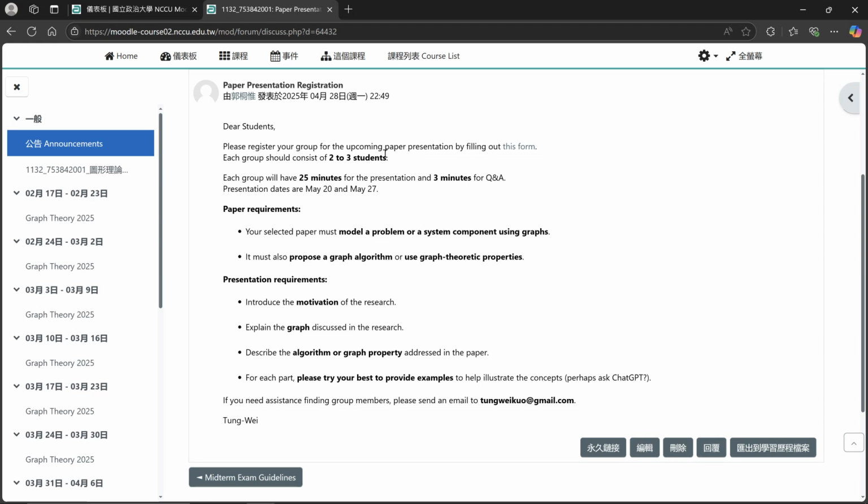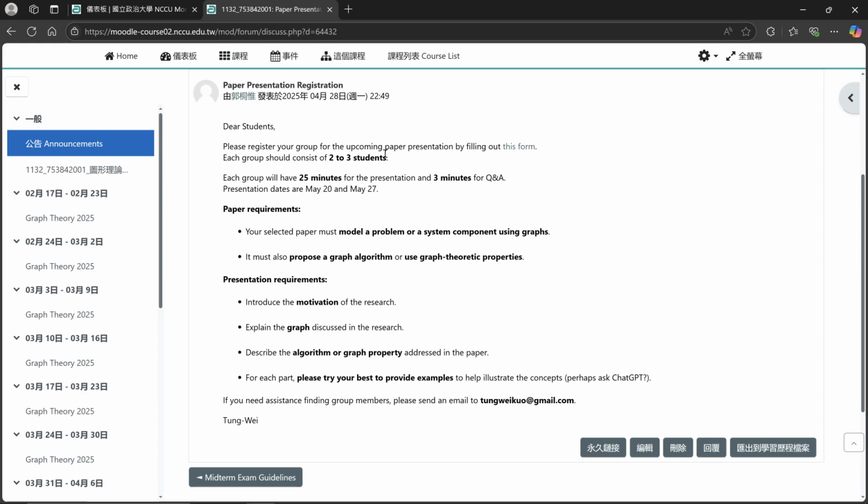So basically, in your presentation, you have to introduce the motivation, okay? And remember that some of the students are only undergraduate students, okay? So you have to make sure that everyone can understand your presentation, okay? So that means you have to give us enough background so that we can follow your presentation, okay? All right, so the first part is about the motivation,